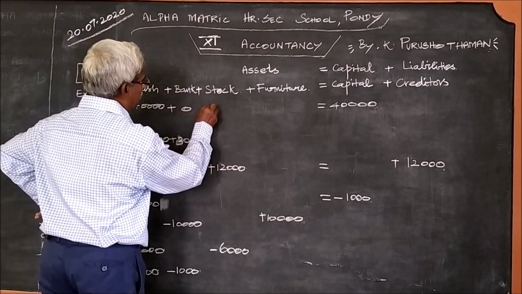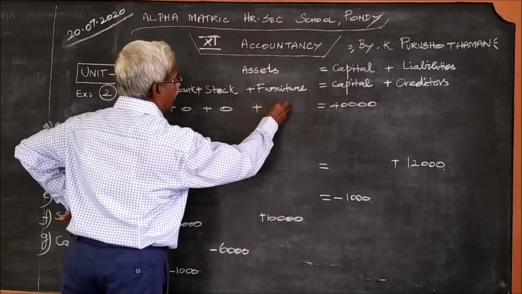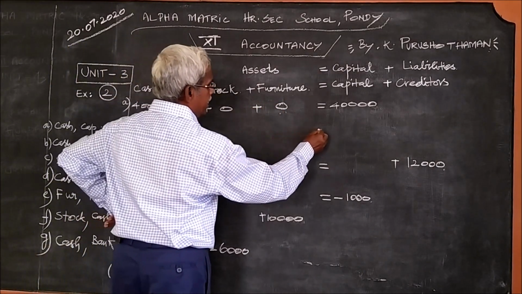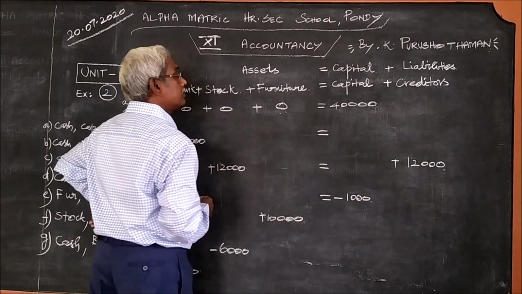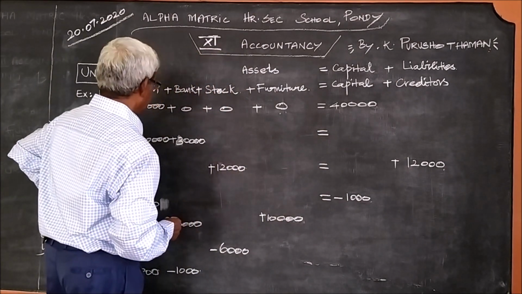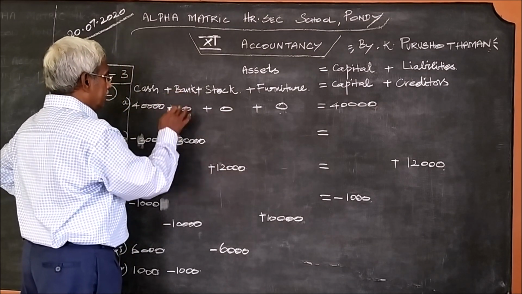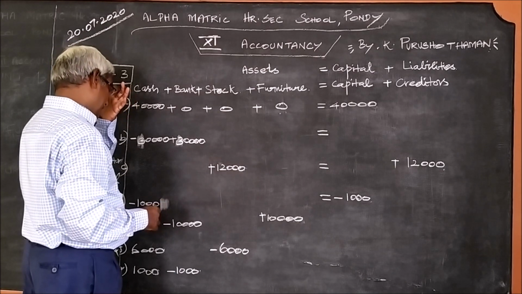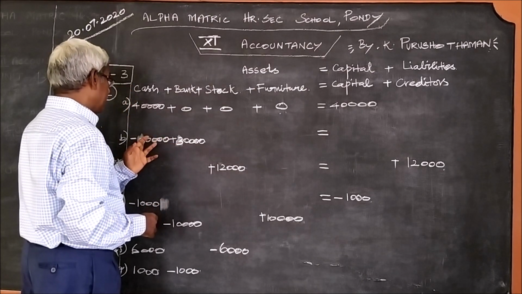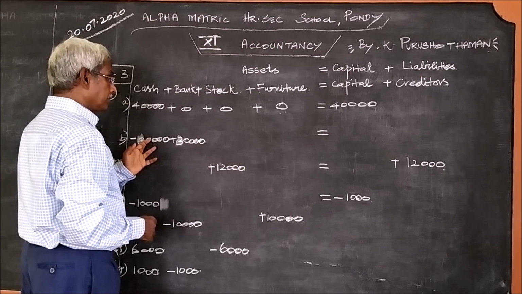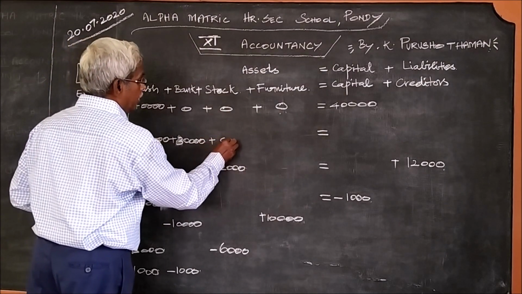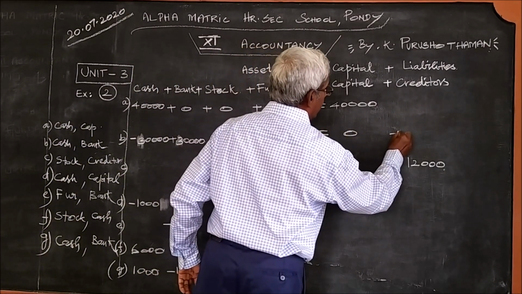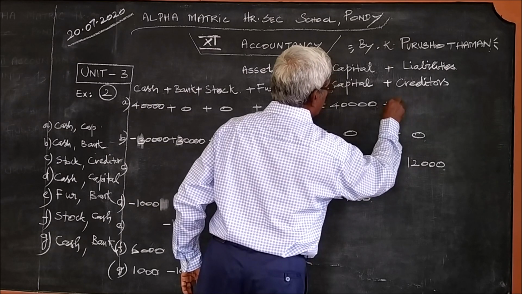Other items are supposed to be 0. Then next item, both the sides must be equal. How is it possible? This bank 30,000 and a cash 30,000, that is when it is deposited. So plus 30 minus 30, 0. So left hand side 0 and right hand side also will be 0. When there is no number, we can put 0.